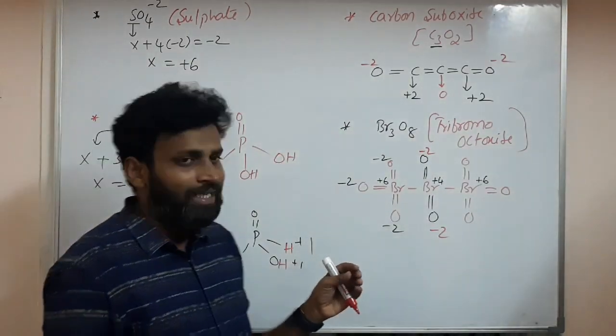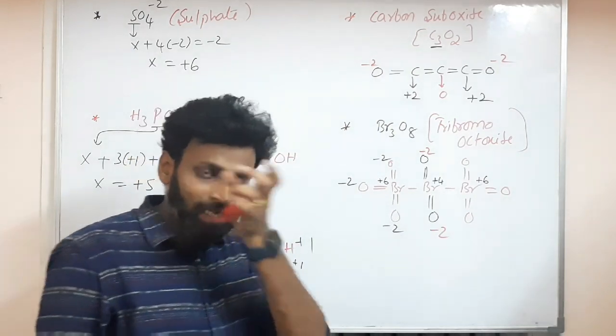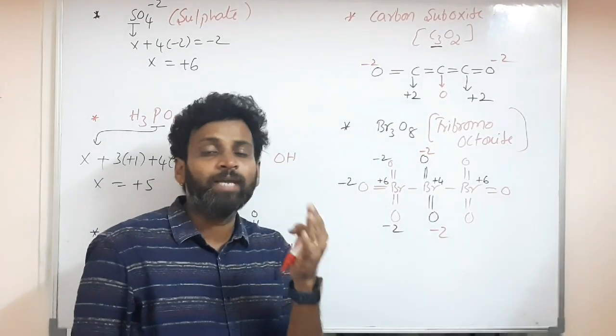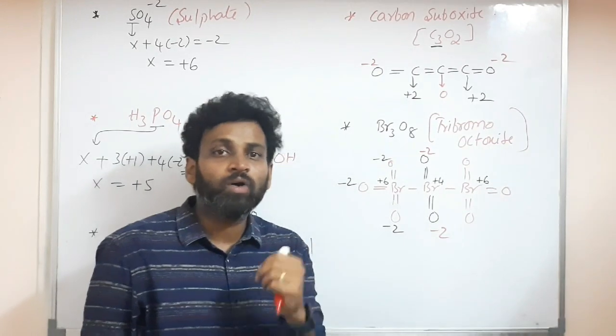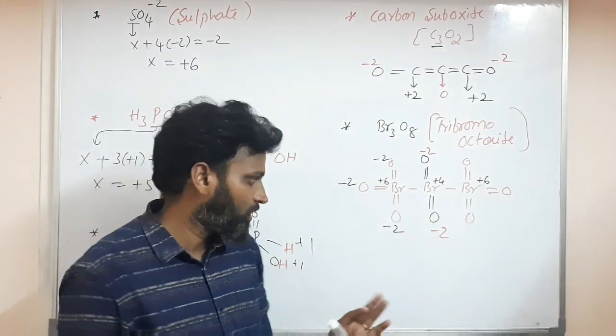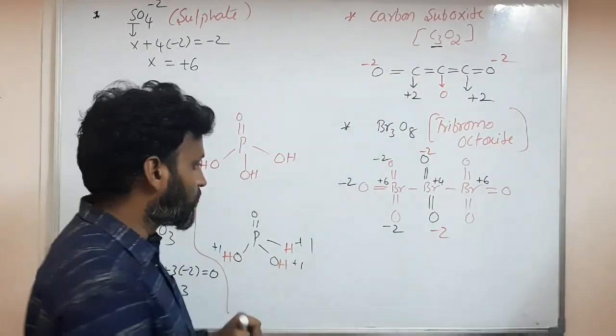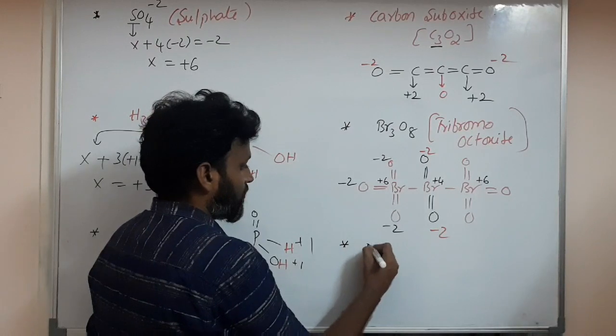Okay. A few more examples we will discuss in our next class, and we will enter into our next concept, types of redox reactions. Afterwards, balancing of redox reactions. 2 chapters. Okay. It's a very small chapter. You can have it like this. Okay. A few more examples, like